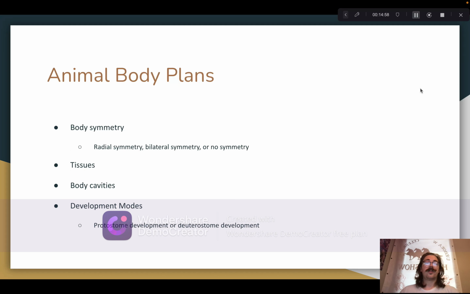Another interesting thing to talk about when considering body plans of animals is the presence of a backbone. Some animals are invertebrates, which means that they do not have a backbone, and they make up the vast majority of animal species, with the only phylum that contains vertebrate animals being the phylum Chordata. Vertebrates are animals that do have a backbone. They are vastly outnumbered by invertebrate animal species.